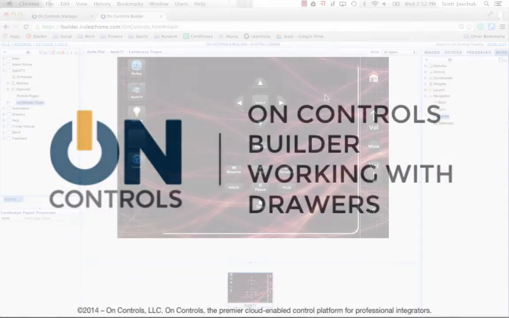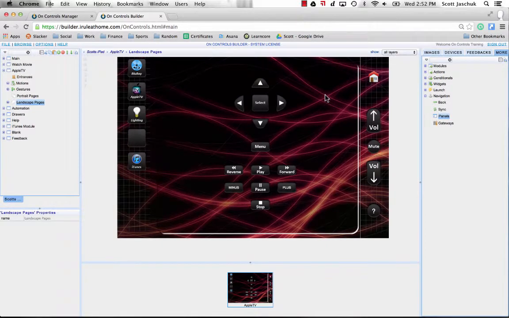And first I'd like to explain what drawers are. If we go to our Apple TV page, for example, you will see on this iPad setup on the left and right side of the screens we have some volume controls and we have some activity options. Now these are what we call drawers, and these happen to be pinned drawers, so they're always open, always viewable